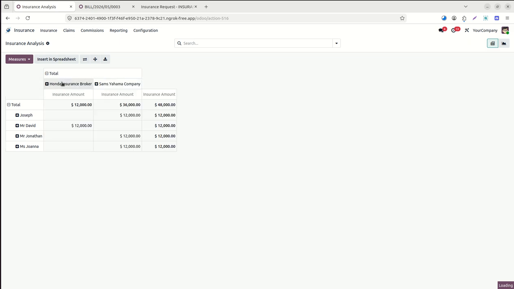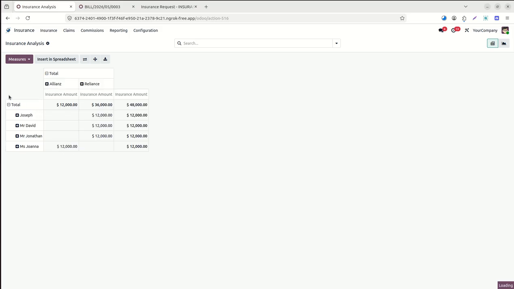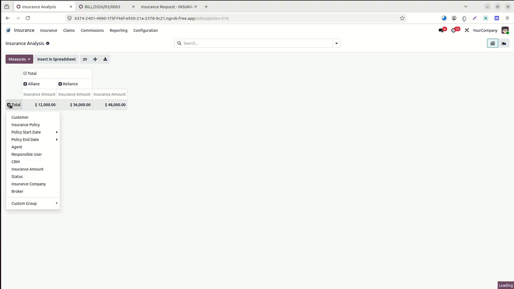We can add here the broker, and here is the customer, so you can get the total amount over there. Also, if you wish, you can add the broker, or you can add the insurance company. Here I have the broker, so I can add the broker. Under the broker you can add the customer policy details,